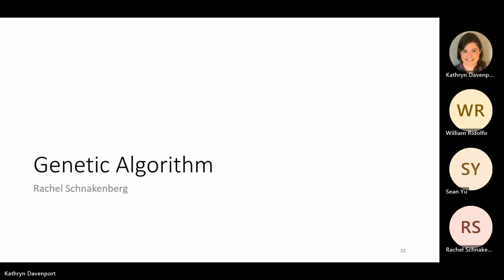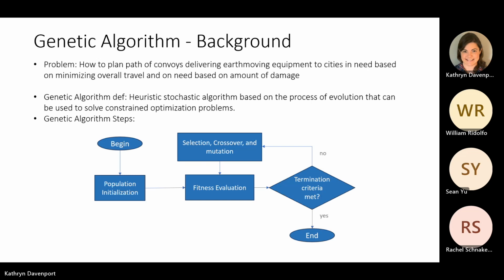Rachel? In my section, I will be speaking about an approach to solving our problem using a genetic algorithm. To restate the problem in my view is, how do we plan a path for convoys delivering earth-moving equipment to cities in need based on both minimizing the overall travel and on the amount of need that each city has based on building damage? I approached this with the view of optimizing a multi-objective problem, and to do this I